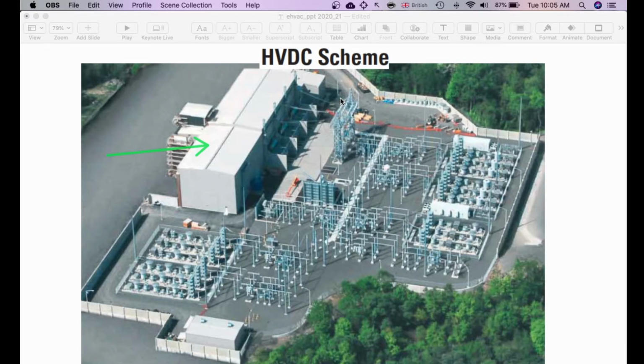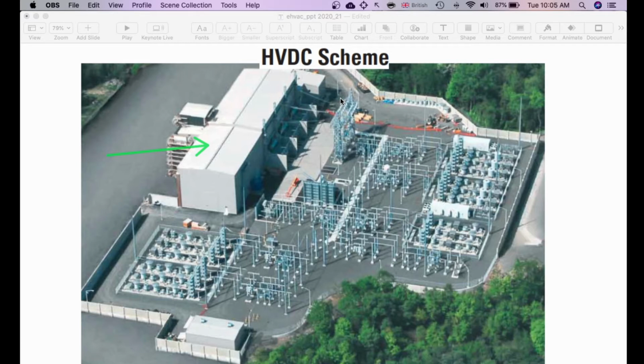If you might have visited HVDC scheme at Chandrapur, there are actually two schemes. One is a point-to-point transmission, sending power all the way to Padge near Mumbai, and the other scheme nearby is in Bhadravati. That's a back-to-back scheme which provides interconnectivity with the Ramagundam link from Andhra Pradesh. So both the types of schemes are present. But of course, we'll realize what is point to point and back to back.